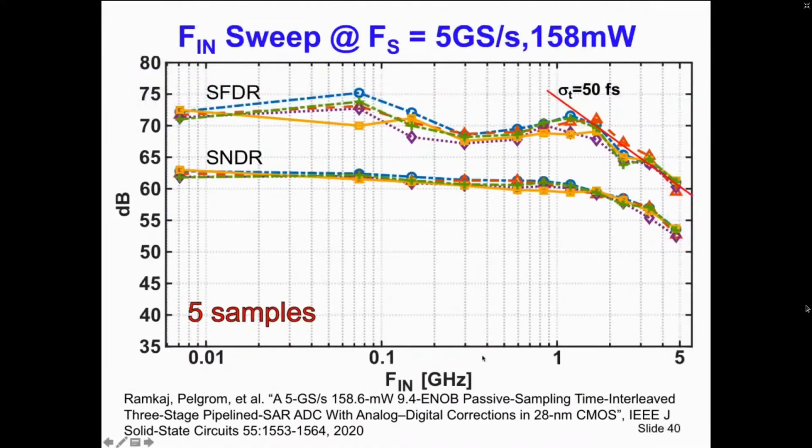Well, as an industry guy, I insisted that there would be 5 samples measured. You know, these university papers with the golden sample. That's not my thing. You see here the signal to noise and distortion, and over here the 50 femtosecond line. You see that we run into a little bit more signal loss than based on jitter alone, and that is most likely, as we found out, due to asymmetries that we had in the balloon. Yeah, that's what happens.